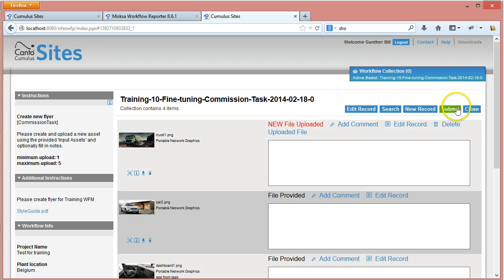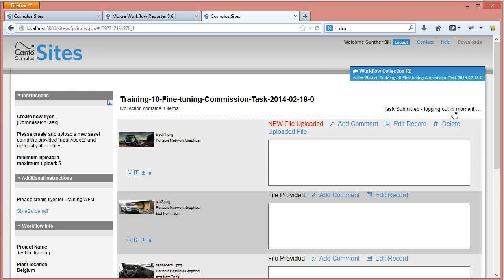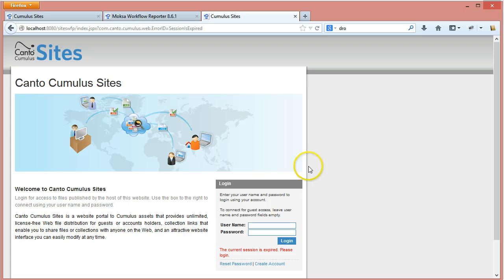I can now submit my task, and the backend will check if I performed all the steps correctly and close the task. So this was an example of how to